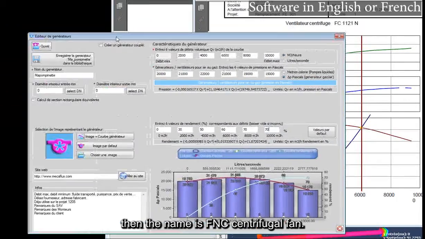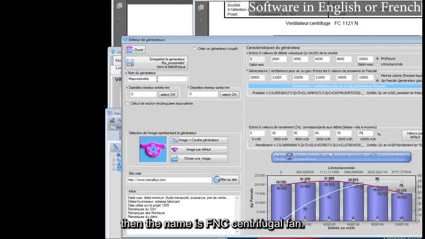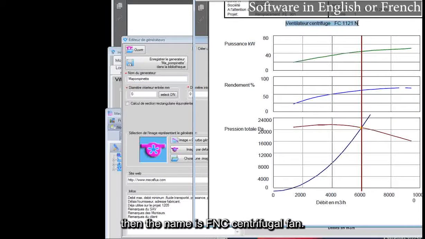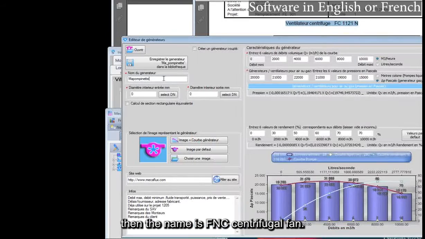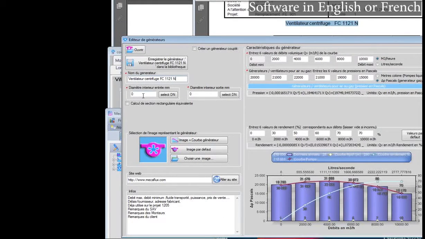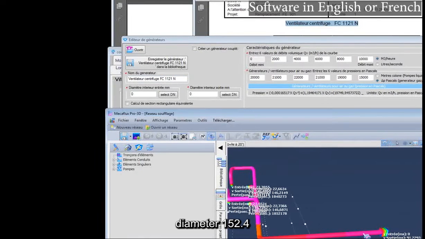Then the name is FNC centrifugal fan. Diameter 152.4.